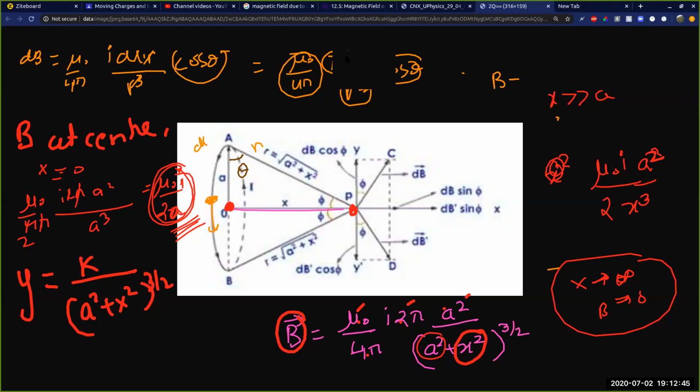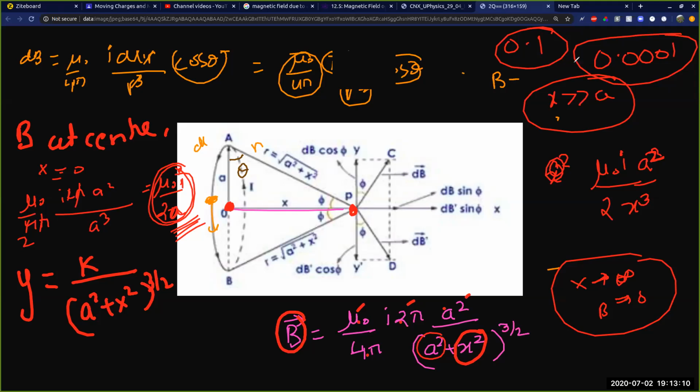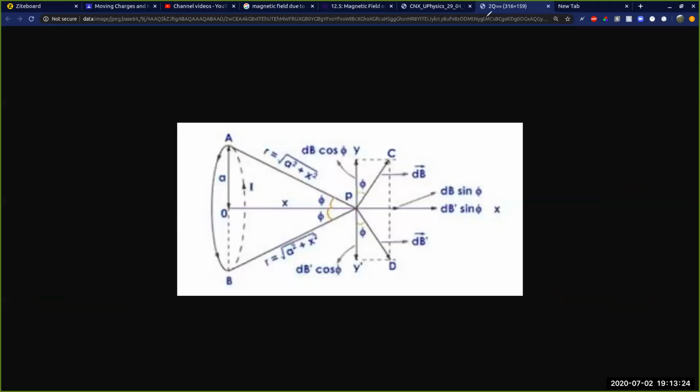Sir, how much should the difference be to neglect the value, roughly? That is a philosophical question, not a mathematical question. It depends on your point of reference, your perception. What do you think? Do you think 0.1 is small, or do you think 0.0001 is small? What is small? That is a philosophical question, right? Okay, but in exam they won't give these kind of things, right? No. Okay, all right.